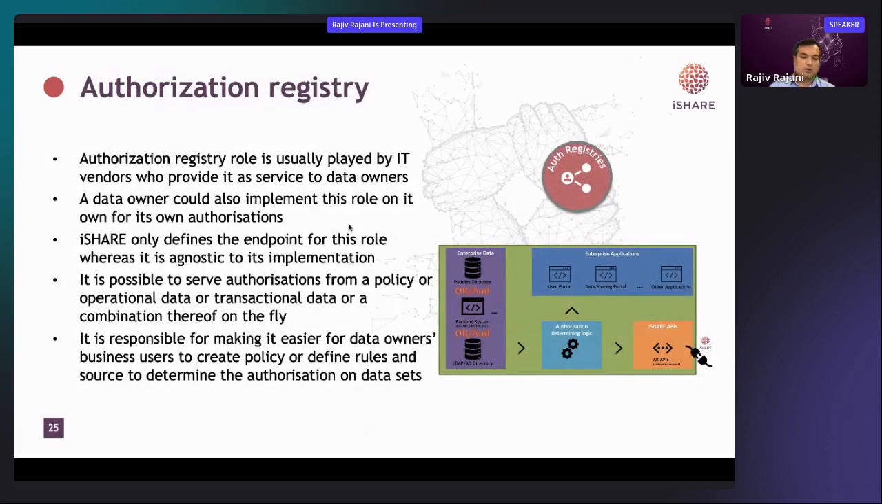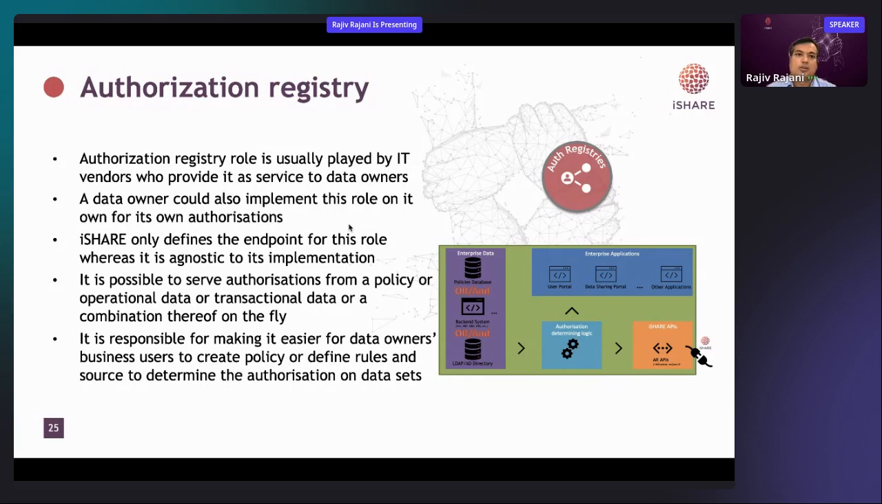Then another role is the authorization registry. The authorization registry role is usually played by IT providers, or service providers, basically, to the data owners. A data owner can also choose to implement its own specification of this role, but only when it wants to use it for its own purposes, right? But usually they are provided by